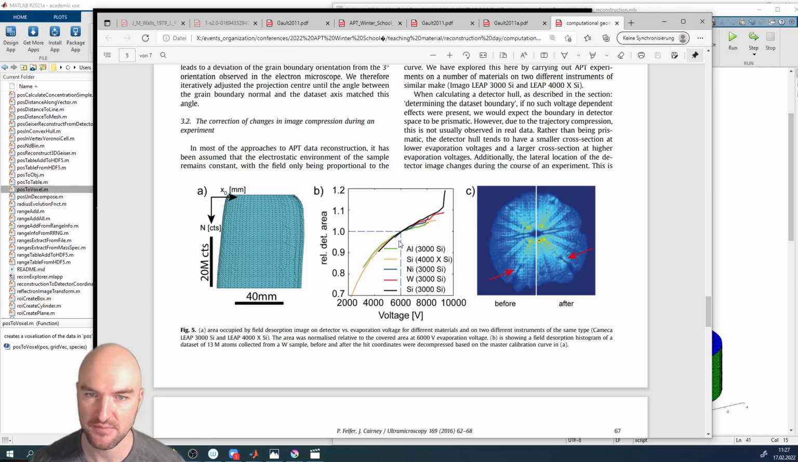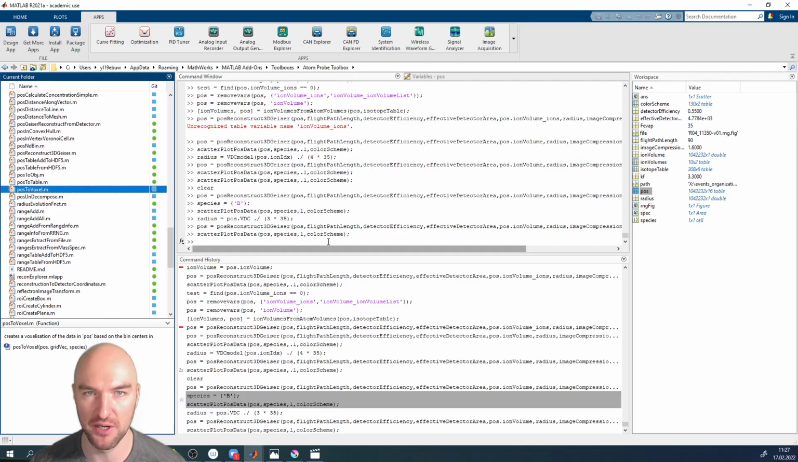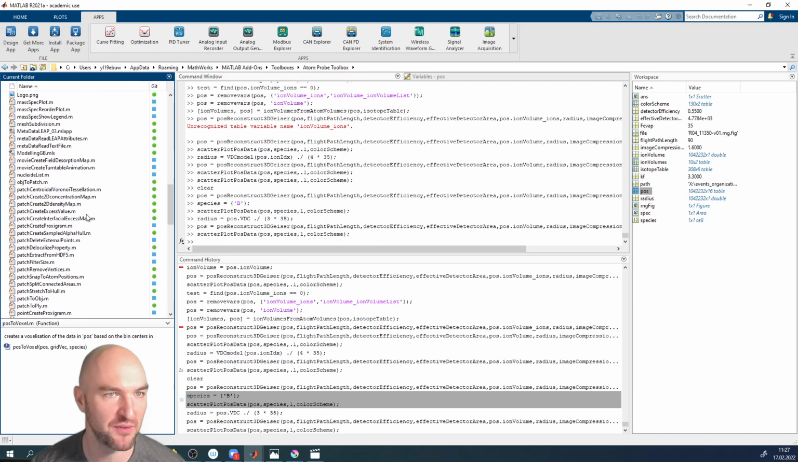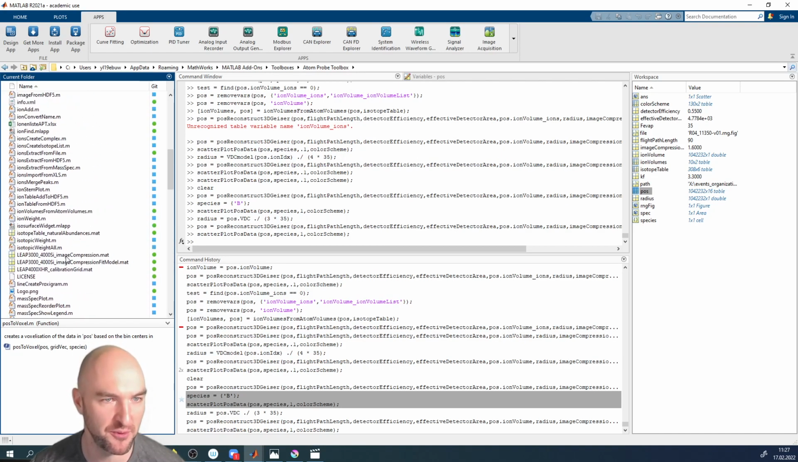sets. Of course, if your data set only goes from 6 kV to 8 kV, the change is not all that dramatic, so maybe it doesn't pay off all that much. But if it goes from 3 kV maybe to 8 kV, then it's a good idea to think about doing that correction. And in order to do that,